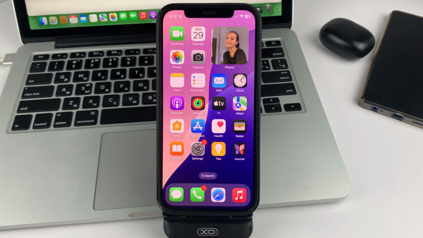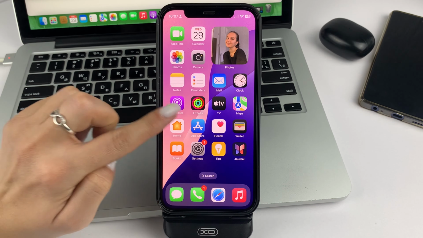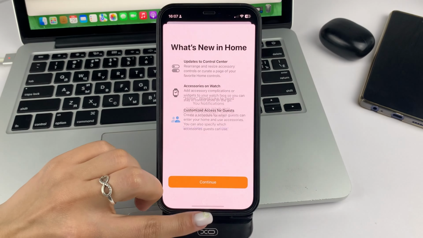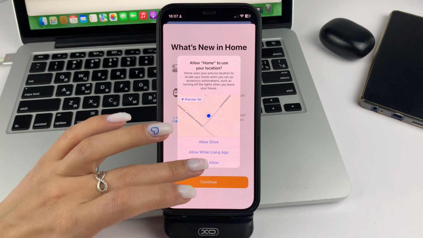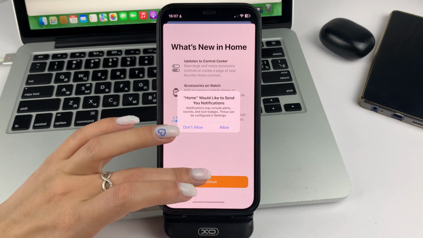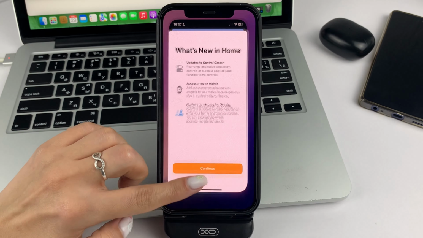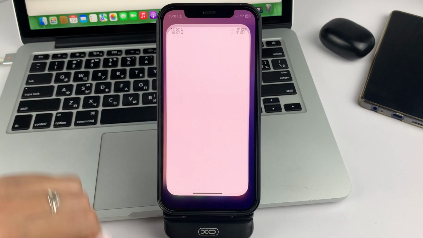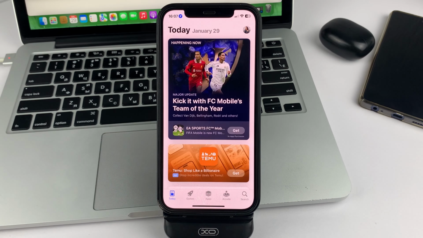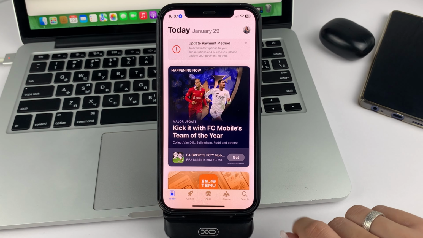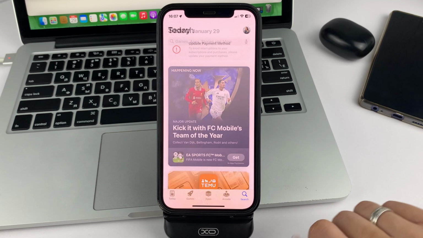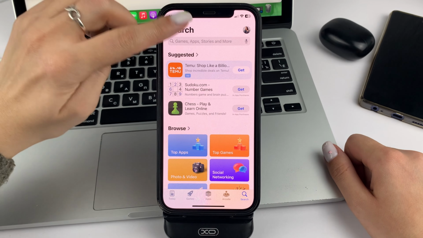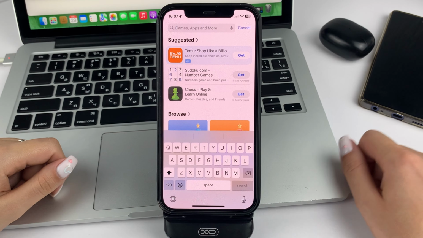So, let us get down to this topic. First, if you have an iPhone, you will need to find an application called App Store. If you have an Android, then you will need to find an application called Google Play. Now log into such an app and go to the search part. Next, in the search box, type the word TikTok.